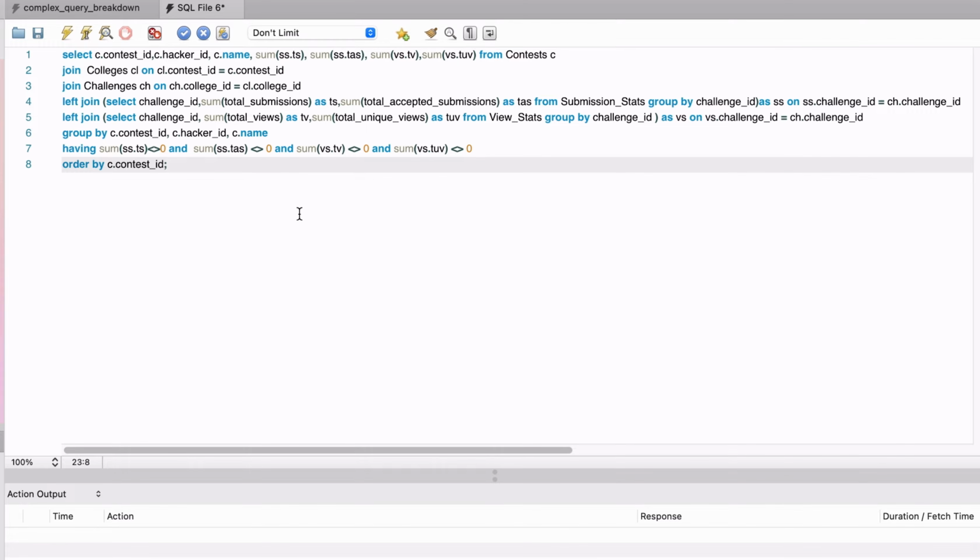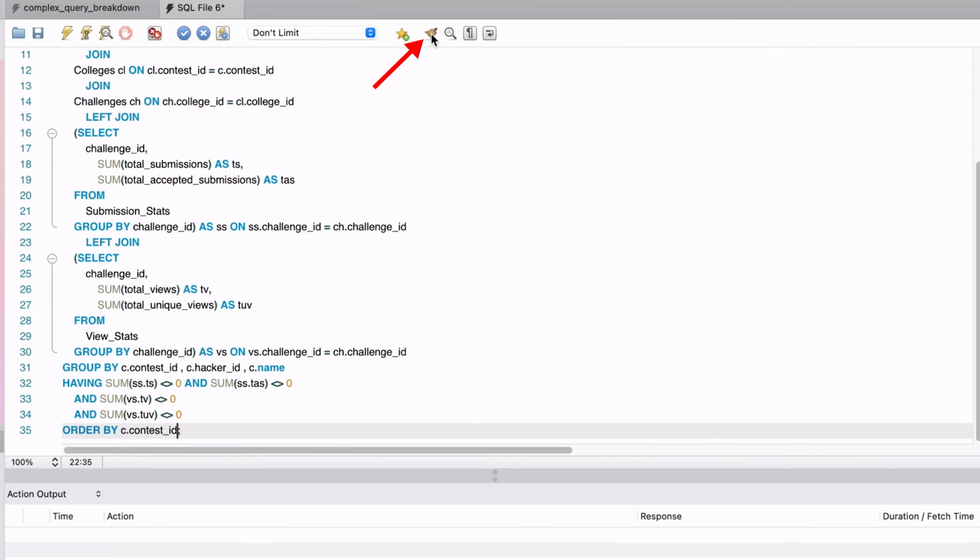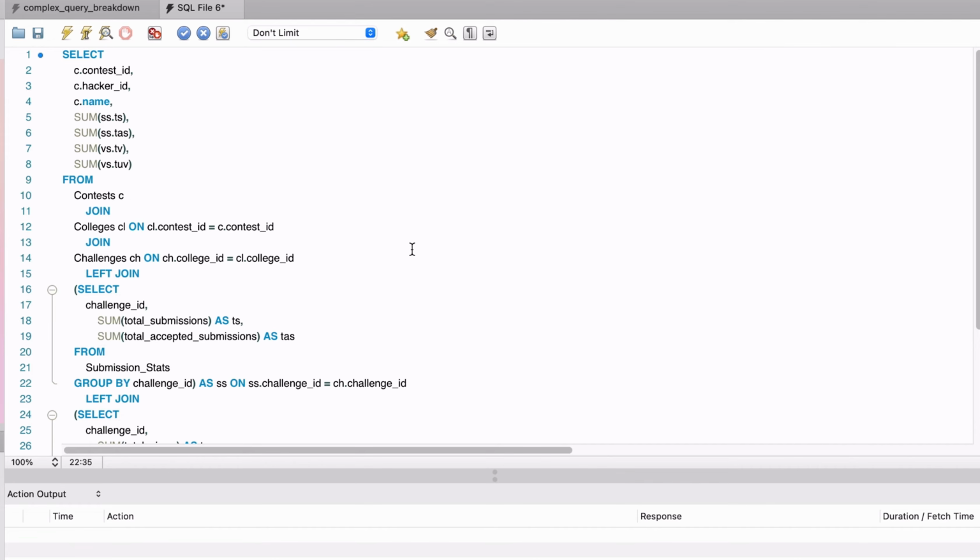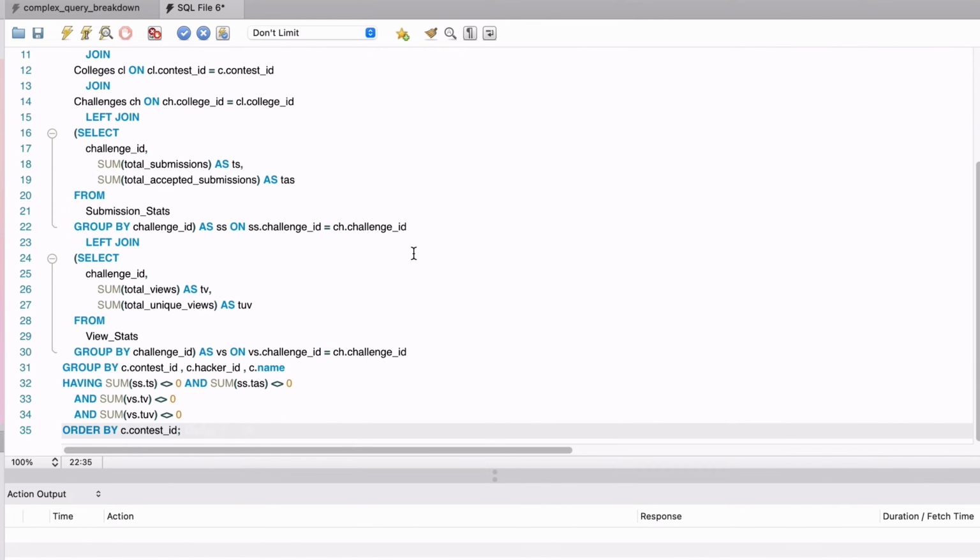Many SQL editors include a feature to format your SQL code. In MySQL Workbench, you can do that by clicking on this Beautify button here. When I click this, the query is dramatically updated. We can see it's more spread out, things are on new lines, and we can get a better idea of